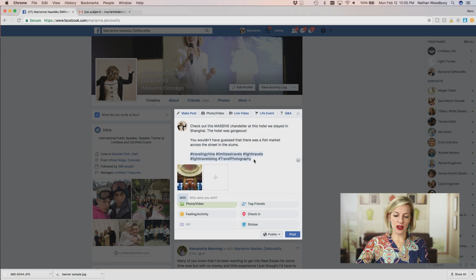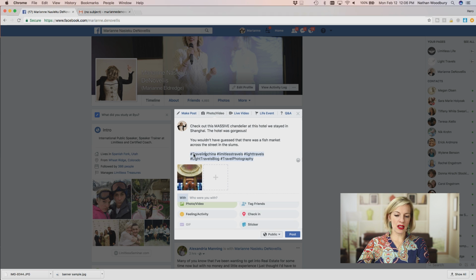So if I've got Light Travels blog, some people could read that as Light Travels splog. And I don't want them to. I want them to read it right. So I'm going to capitalize the B. I'm going to capitalize, especially since, look at this, I've got 2 T's right here, right next to each other. I'm going to capitalize the T and the L. So it looks better. It's just visually more appealing.